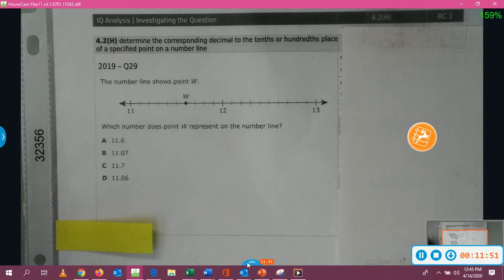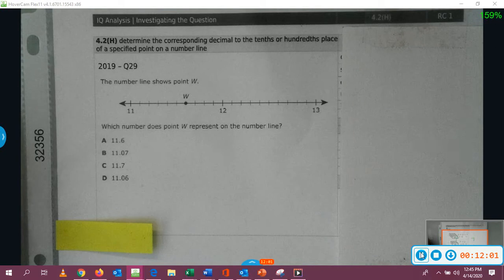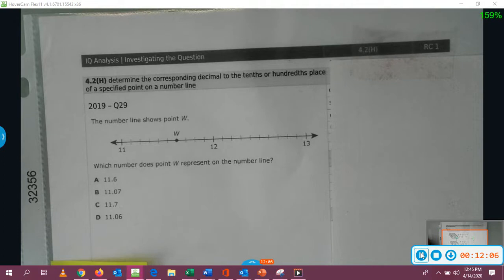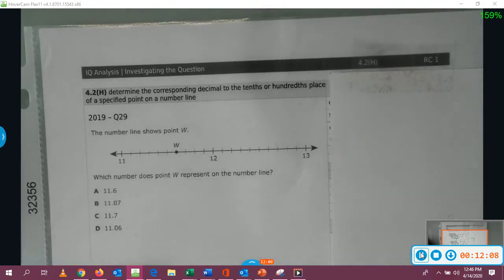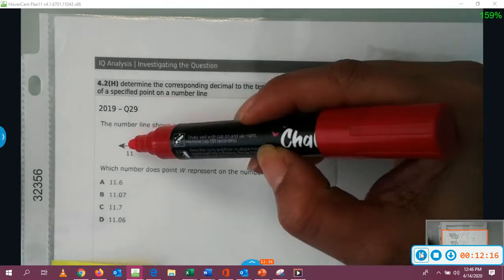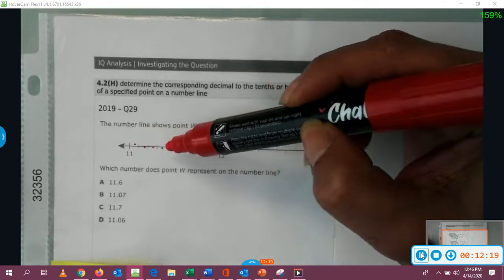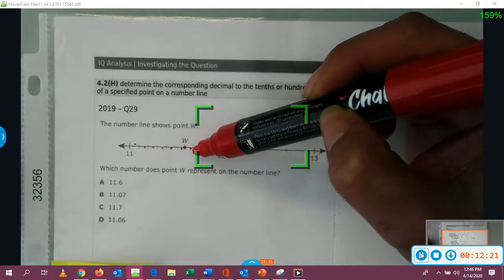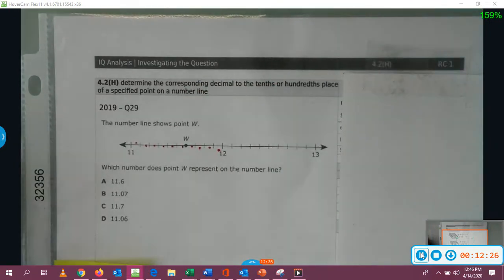The number line shows point W. Which number does point W represent on the number line? Okay, let's get ready to work it out. We have to count the spaces first. Remember the spaces? 1, 2, 3, 4, 5, 6, 7, 8, 9, 10. So we know that it's only 10 spaces in between